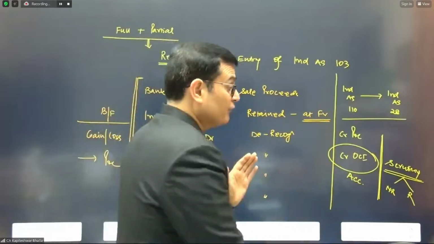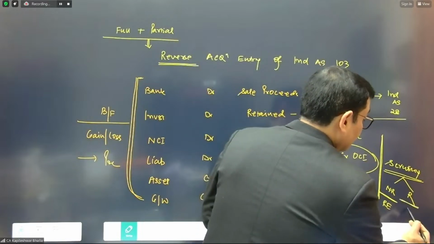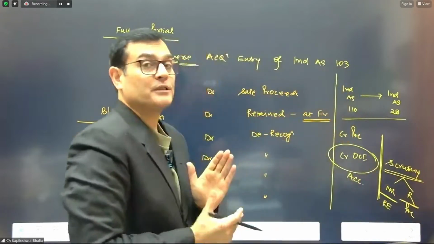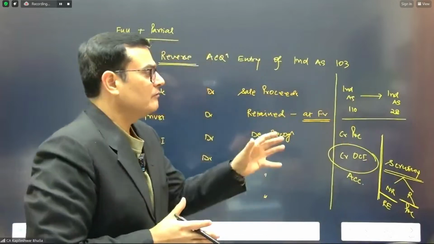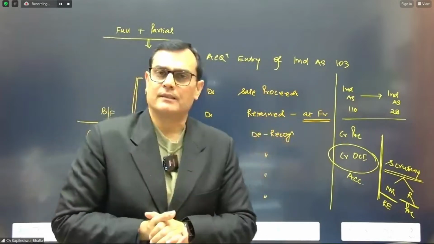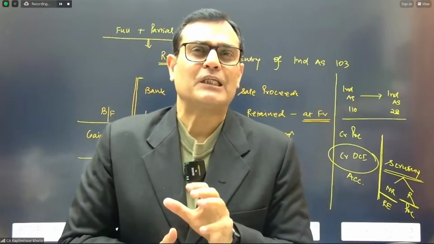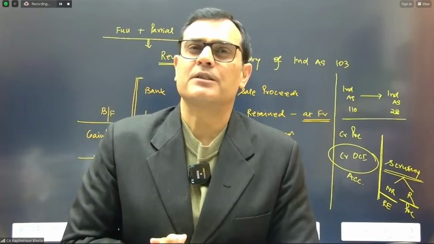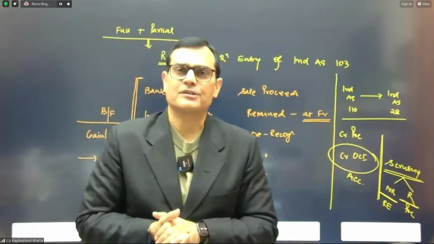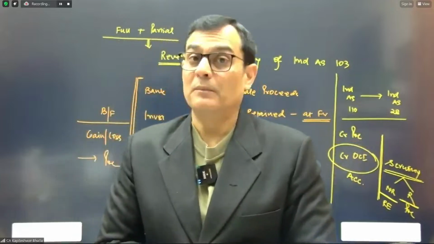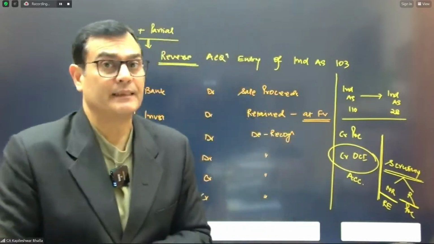So we'll have to decide: if it is no recycling, then it will be transferred to the retained earnings. If it is recycling, that money needs to be put in the P&L because the relationship is gone and the investment is being de-recognized. And if the investment is being de-recognized, you need to transfer the accumulated OCI balances to P&L or retained earnings, depending upon NR and R status. Don't worry. We'll be doing a practical question on that. There is a question given in the study material on that area.